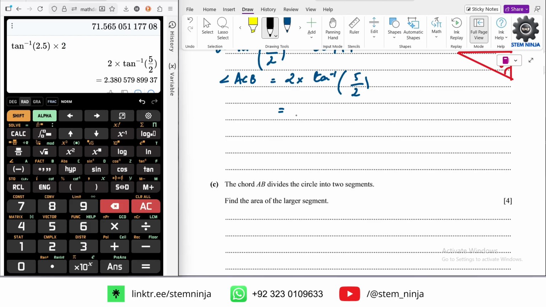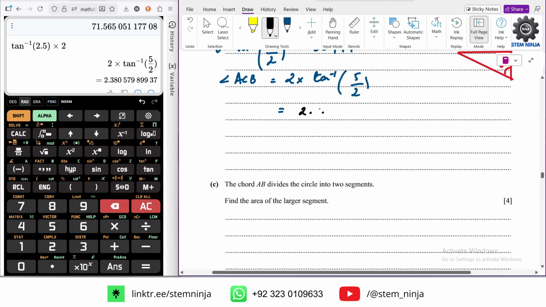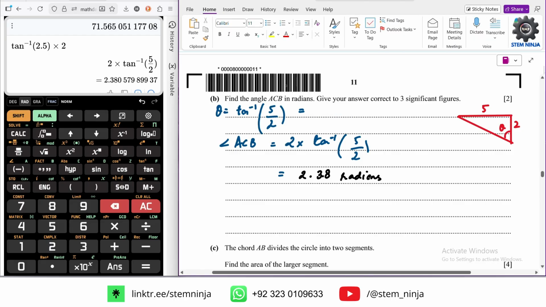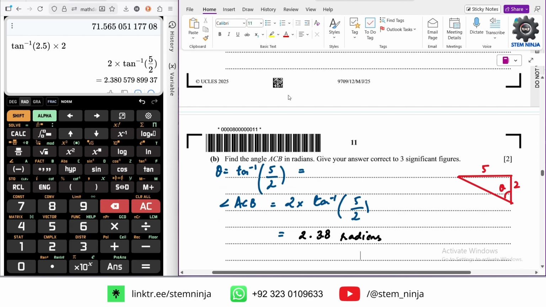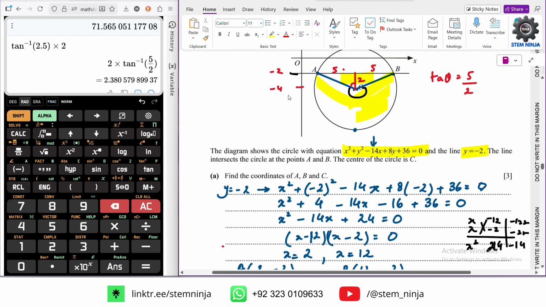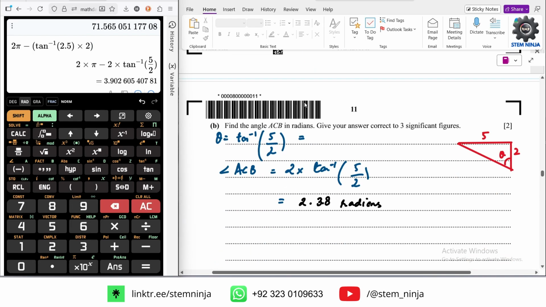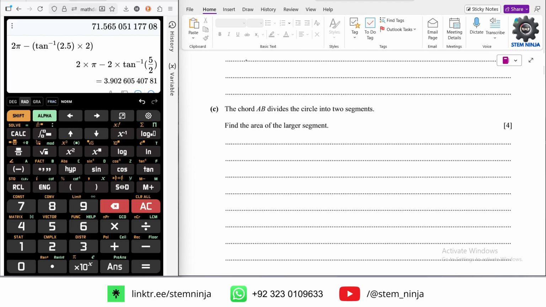So this is going to be 3.8 radians. Okay, right. And correct to 3 significant figures. Okay, right. So if this is this thing, we can figure out 2 pi minus that also. So 2 pi minus this value. Okay,